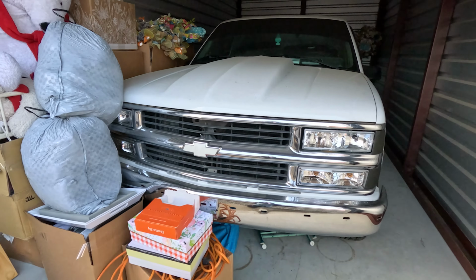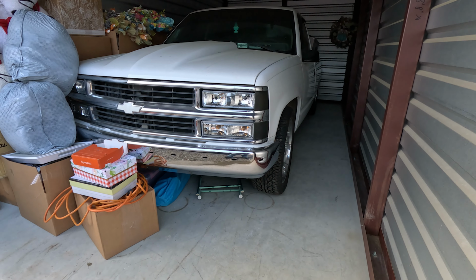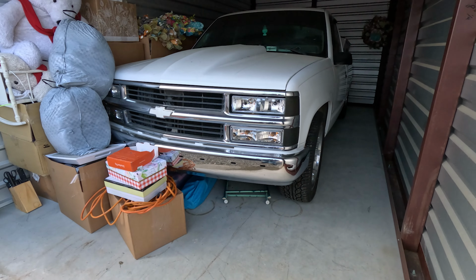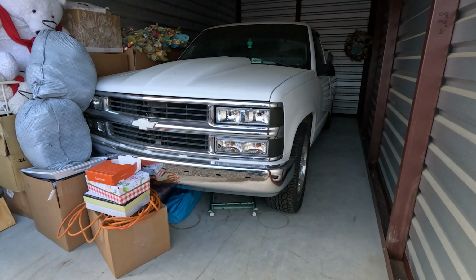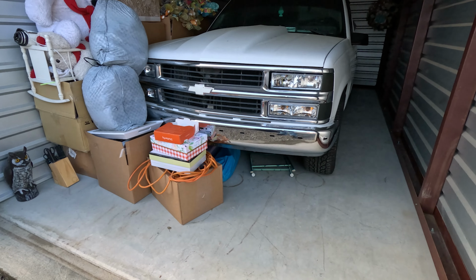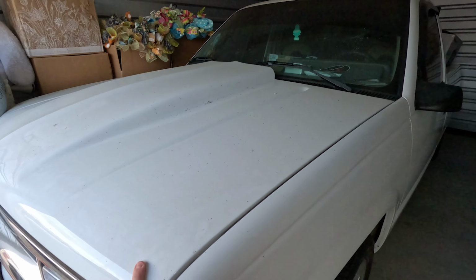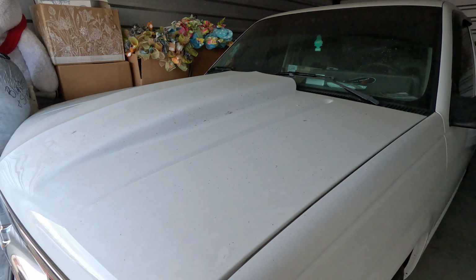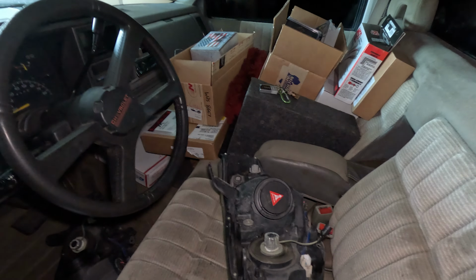Like for the roll pan, for example, I kind of wish it just had a rear bumper on it now. I'll probably end up putting one on it. The guy that I sold it to actually ripped the front valance off of it. Not me, but I have a new one in the back with hardware because I took the bolts out of it too for whatever reason. This hood was actually my graduation present. I think it was a GM Goodwrench hood or something, I don't know, but it's still got the Holley Terminator